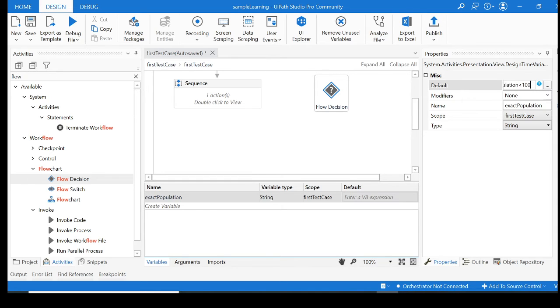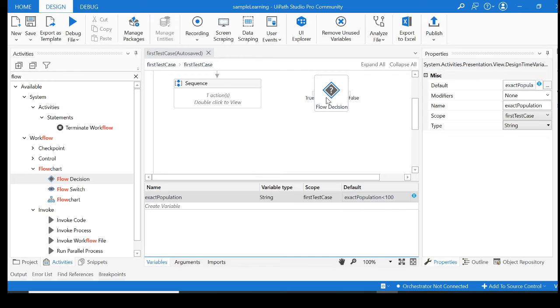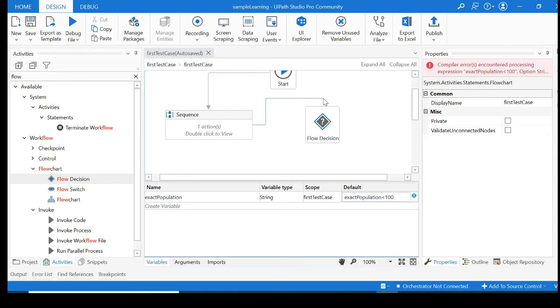So yeah, lesser than 100. Now I'll try to print some message over here. Okay, now it should be connected to this. So first, our test case is going to start from here. It will extract the value, and then we'll go to true and false. So we'll take message boxes, right?